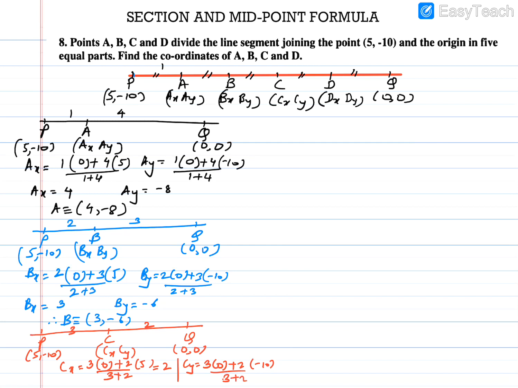3 plus 2. On solving this, you will get minus 20 upon 5, which is nothing but minus 4. Therefore, coordinate of C will be 2 and minus 4. Then come to coordinate D. To find coordinate of D,